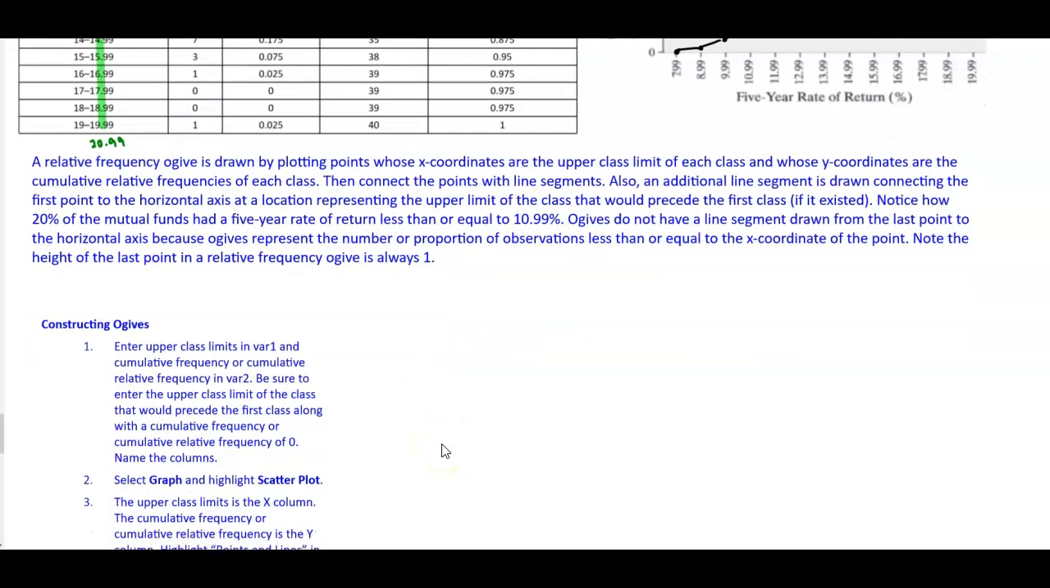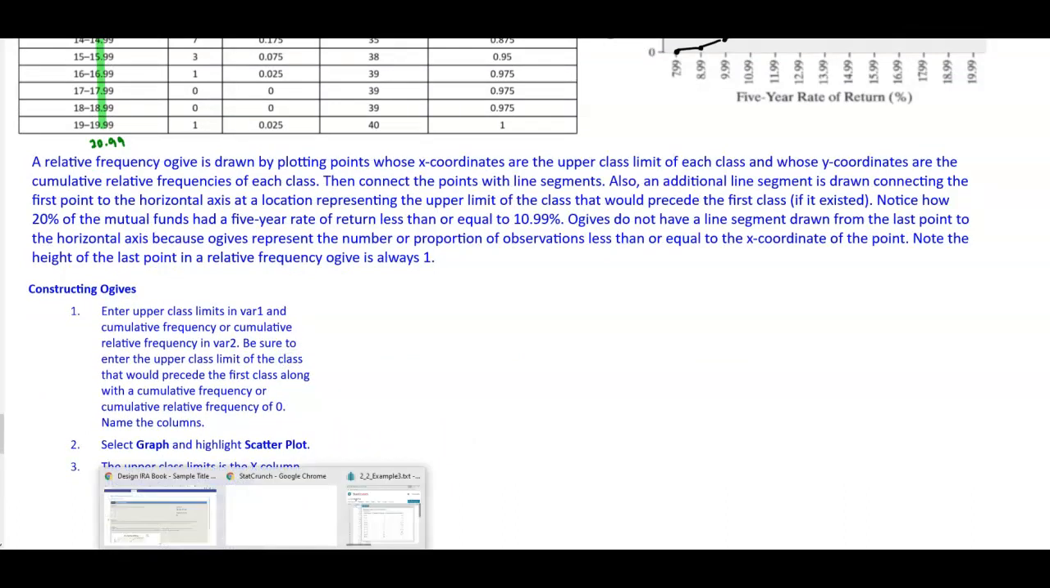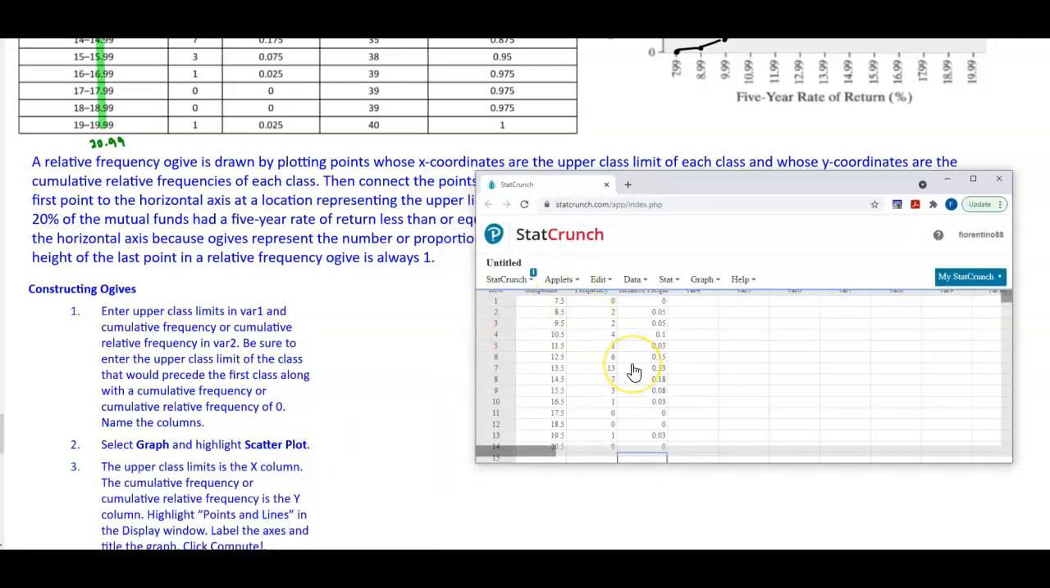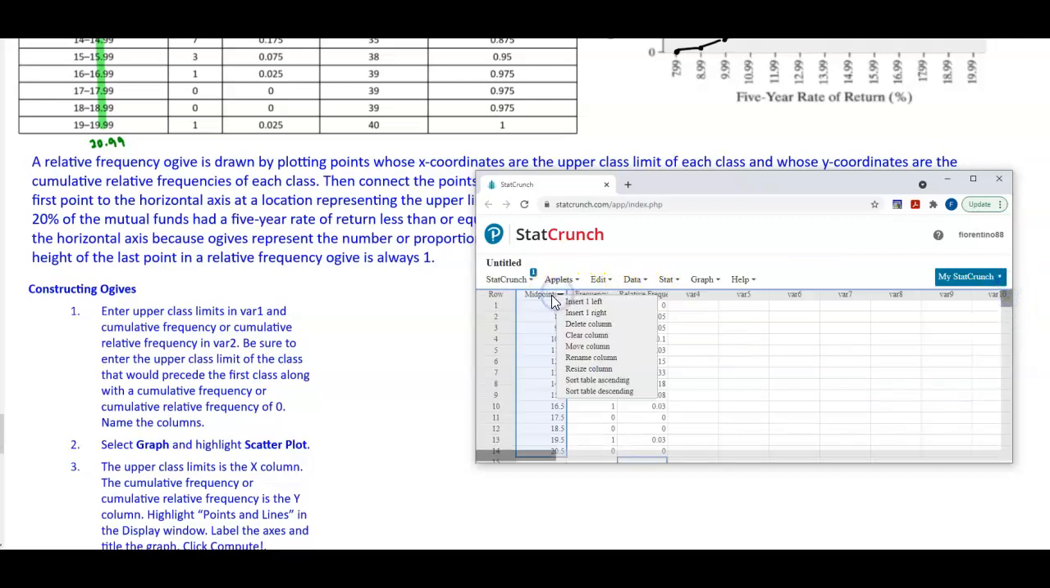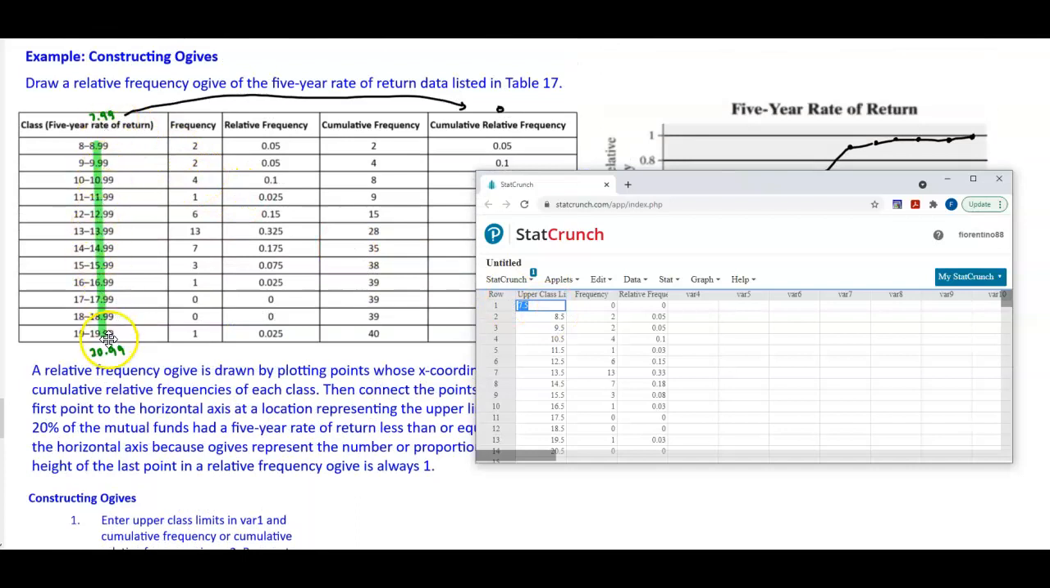Now let's go ahead and construct ogives using StatCrunch. Kind of similar to what we did previously, instead of using midpoints, we're going to be using the upper class limits. Recall that the upper class limits we're going to use are the ones we have here in green. So it's 7.99,